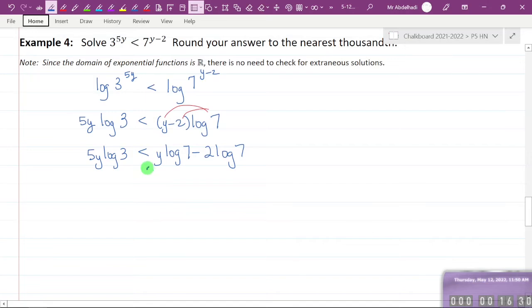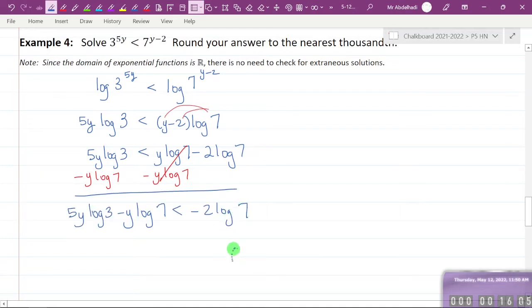So what I'm going to do is subtract this term right here to the other side. Now it's gone from there, and I get this. Now here's the thing. There's a y here, there's a y here. These are not like terms. I cannot add them together, so I might be at a loss for how I can get the y by itself. Well, the trick here, whenever you have a situation like this, you have a y here, is to factor